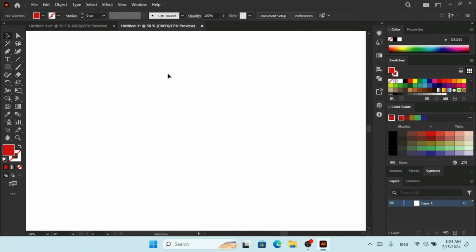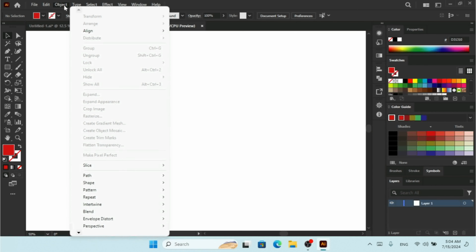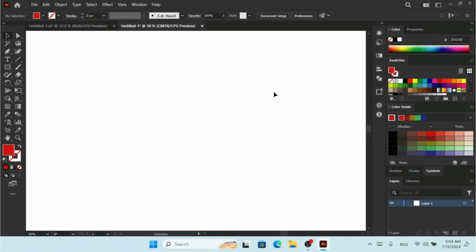Today in this tutorial I'm going to show you how we are going to use this pixel perfect. So with object menu, here we have this make pixel perfect. So I'm going to start with the first example of how we are going to apply this pixel perfect on the